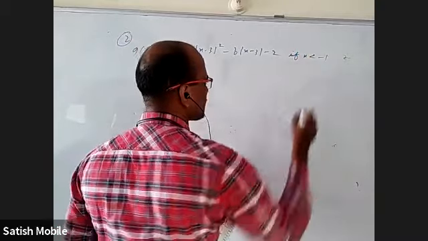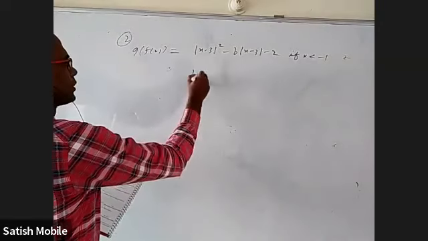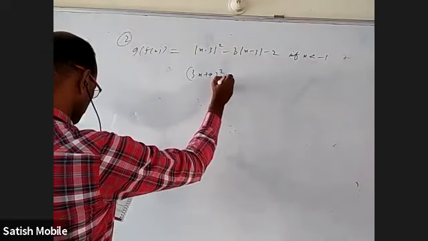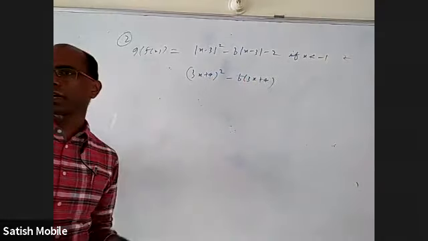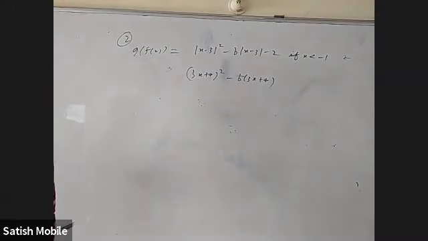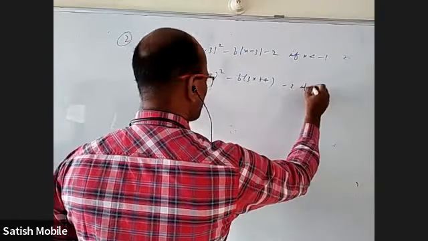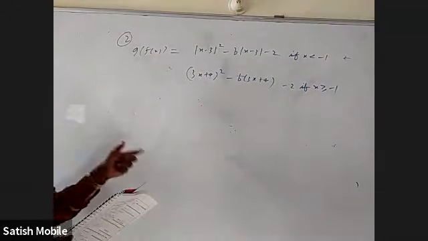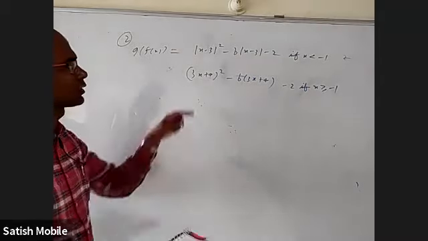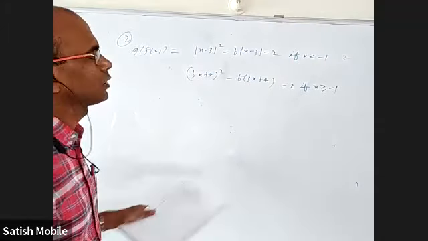if x is less than minus 1. 3x plus 4 whole square minus b into 3x plus 4 minus 2 if x is greater than or equal to minus 2. Quiet please. Okay. So I substituted f within g and these are the two parts we got. Now at minus 1, for the function to be continuous, what is the b value?